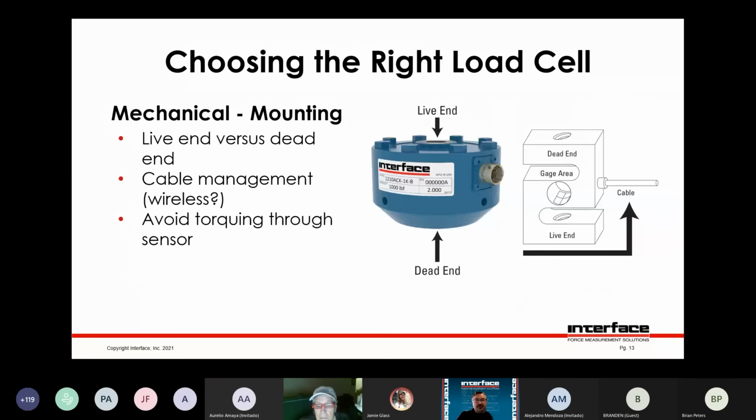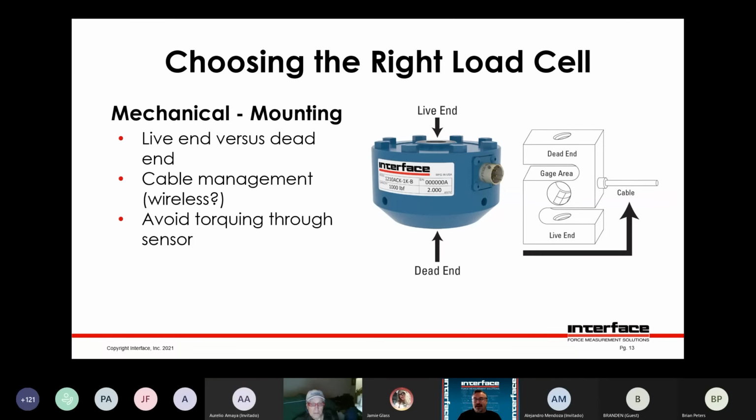Load cells always have a live end and a dead end. This S cell here to the right is a good example where you can see where the strain gauges are in the middle. You have the dead end and the live end. The cable is attached to the dead end. And a good example would be, say, if you're trying to weigh something and this load cell is mounted to the ceiling. If you have the dead end mounted up, the cable weight does not affect the measurement. So if the cable were swinging around or somebody were to step on it, it wouldn't make any difference to the measurement. You might pull the cable out, but that's another story.